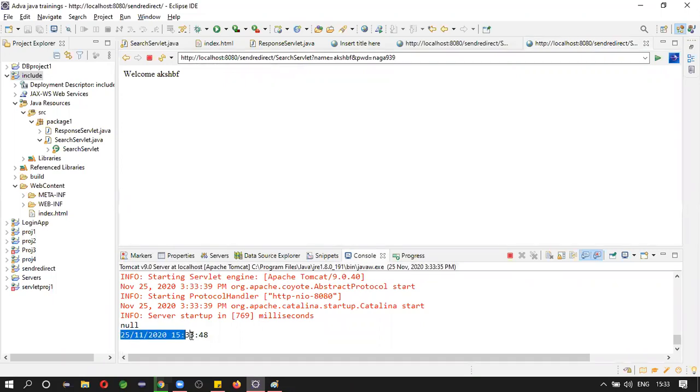Now you see the date, right? Along with date and time.